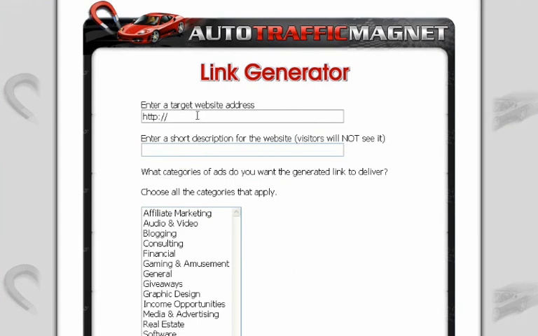Now, if we scroll down, you see the link generator. Now this is where you create links, which again is one of the two ways to generate free advertising and web traffic. So the first thing that we want to do is enter a website address. You use the full URL. So you start it with http://